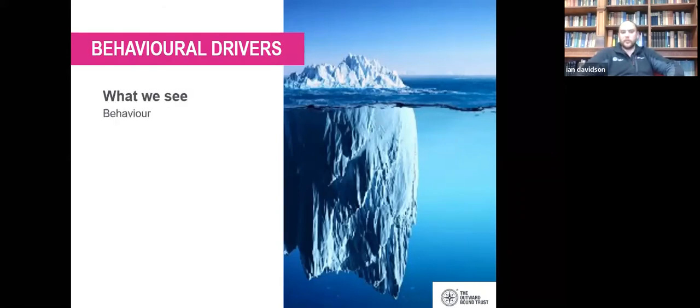There are some things that we see, which are our behaviours, our actions, and what others see of us. But there's an awful lot that we don't see under the surface. And there are some things near the surface that we might be vaguely aware of ourselves, like our thoughts, how we're feeling at that moment, our attitude towards things.